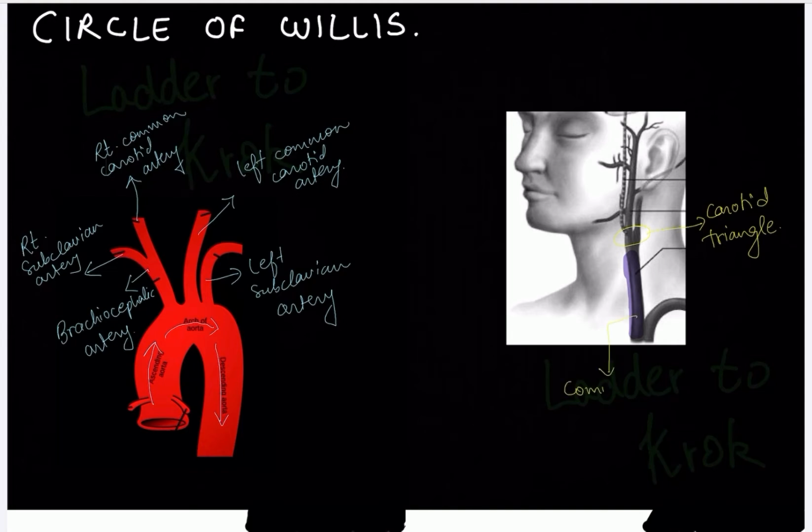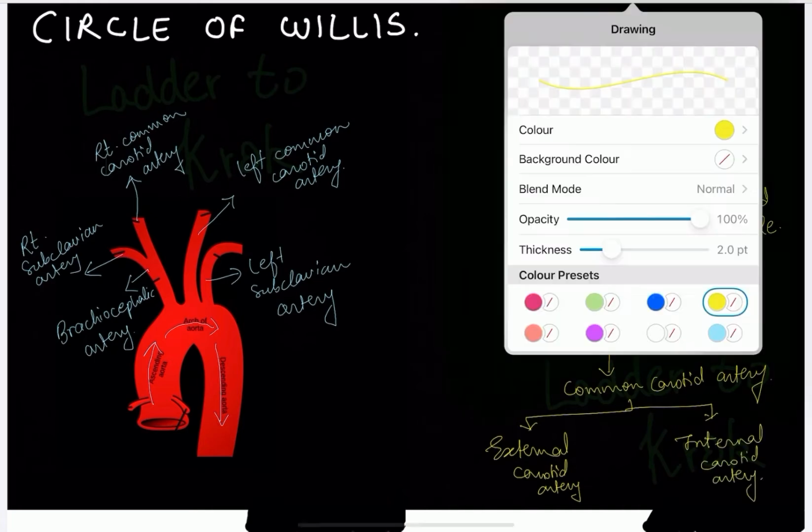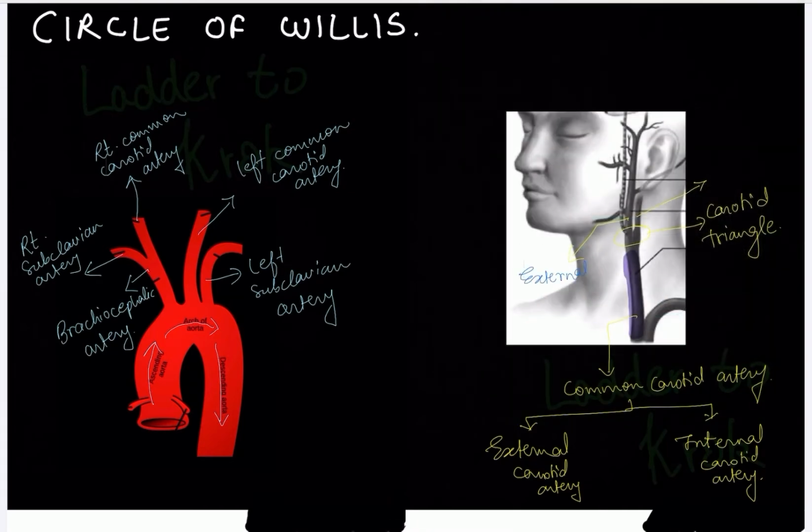This common carotid artery will divide into two artery, that is this one and this right here. So this is external carotid artery and internal carotid artery. Okay, I'm marking on the picture also that this is external carotid artery and this one right here is internal carotid artery. Now this external carotid artery, it supplies the face and neck area. This internal carotid artery will go into the brain and supply there. So it supplies brain. Okay, so understood?